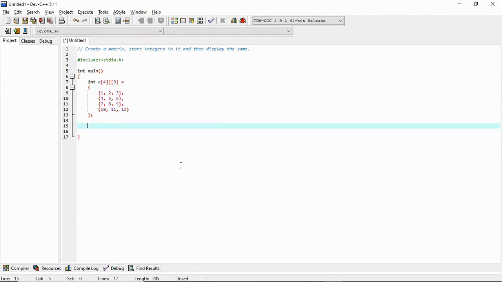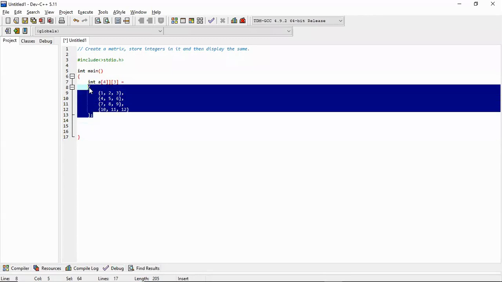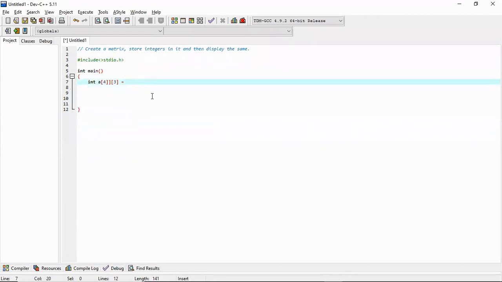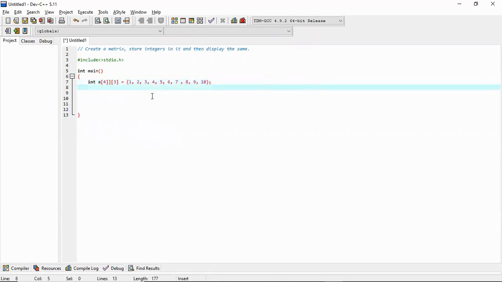There is another way also, that is we can directly write here. If we write 1, 2, 3, 4, 5, 6, 7, 8, 9, 10, and this way is also workable.